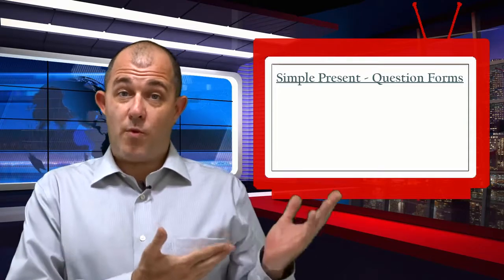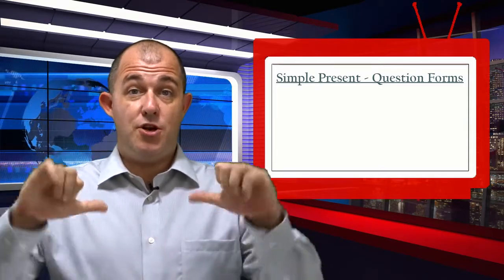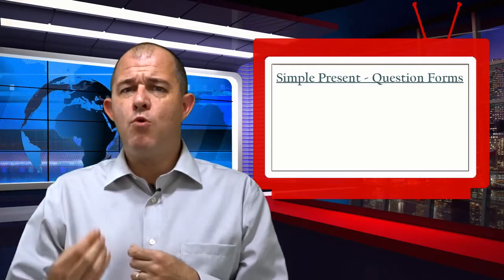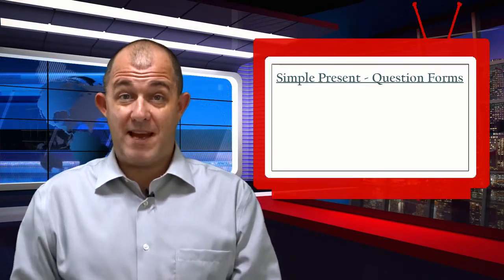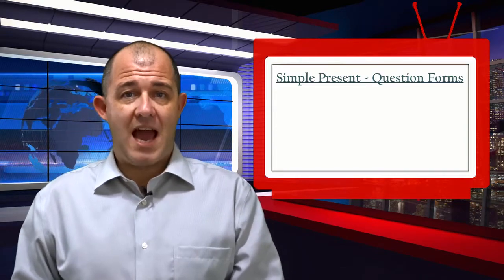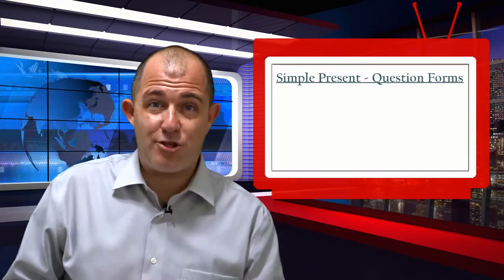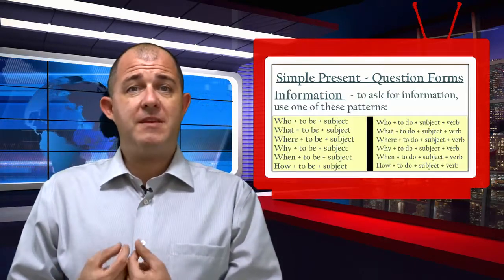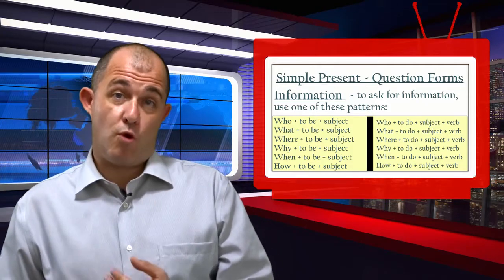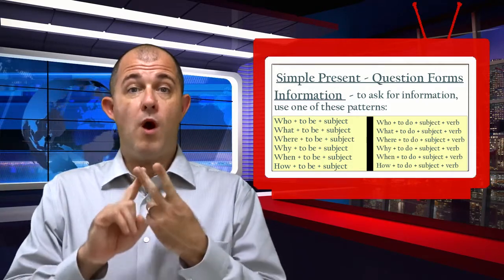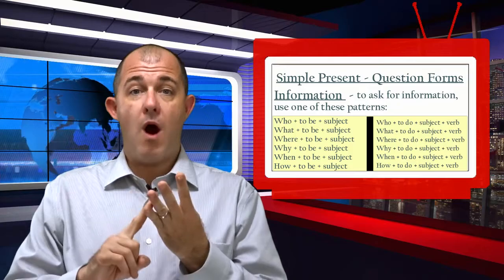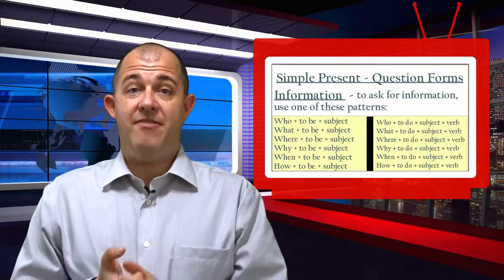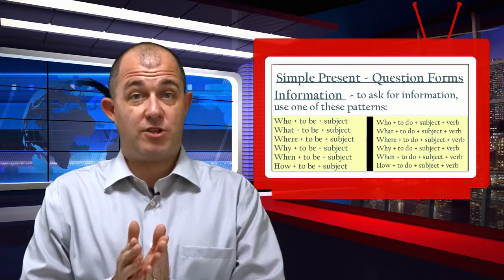So those are the ways to ask yes, no questions in simple present. But if you want more details and more information from somebody, you need to ask an information question. So to ask an information question, you need to begin with one of the WH words. So who, what, where, why, when, or how. We have 6 of them, and they will be the first word in your question.